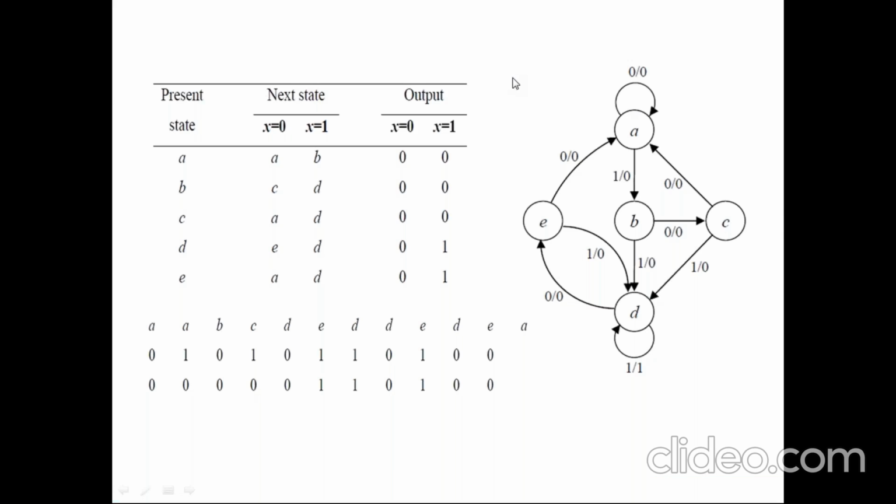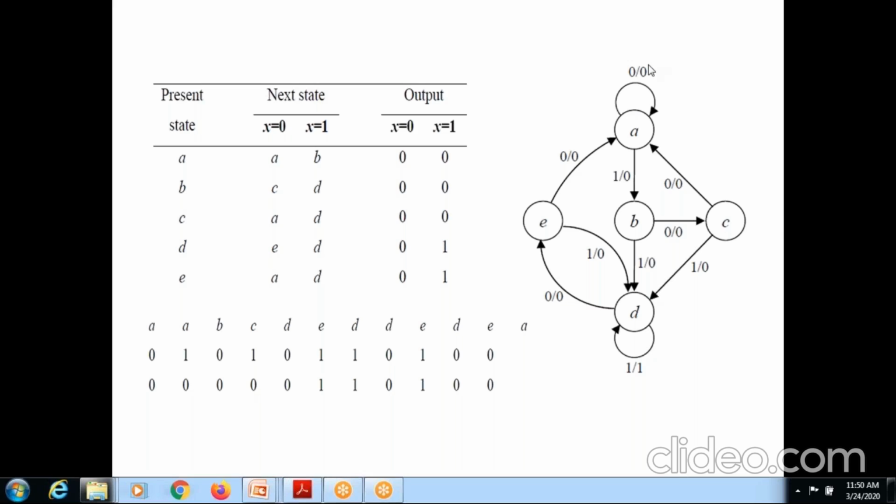So now if you see, the reduced states are available with the next state and the output. Now I will draw the state diagram for it. Let me take A. For A, input 0 gives output 0 and it is staying in the same state A. Okay, for the state A if I am giving the input 1, it is going to the next state B and it is producing the output 0.